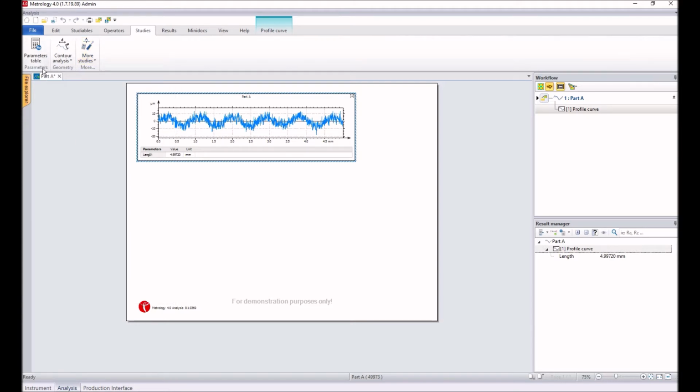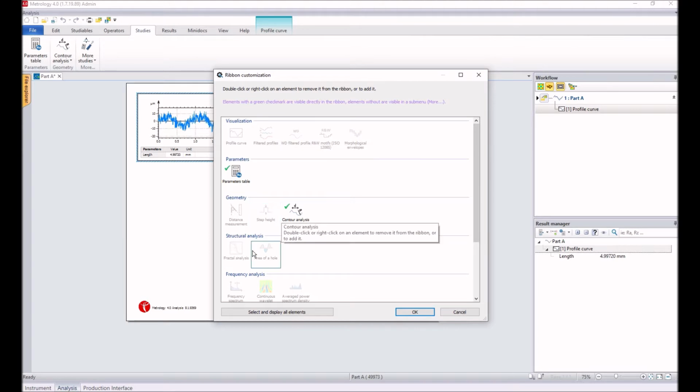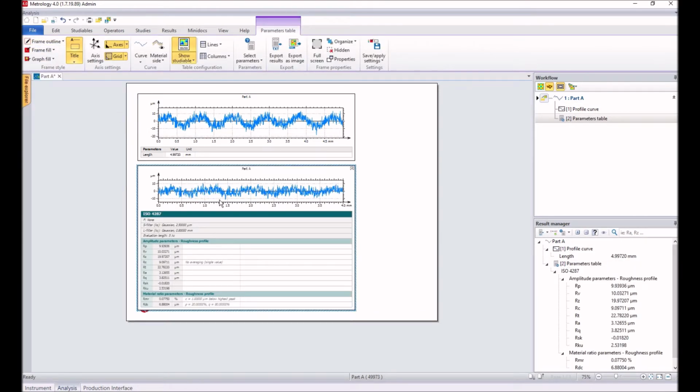You do this by right mouse clicking on the ribbon and clicking this customize ribbon, and you would either select or deselect the icons that you'd wish to see. For new users, I think this is a good idea to make it a bit easier to understand the software. So, if I wanted to do a surface finish analysis, I would click on this icon, parameters table, and